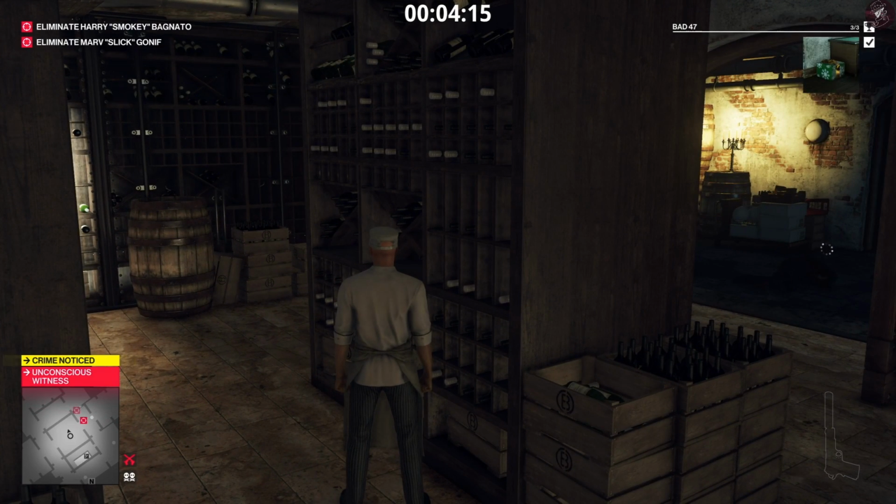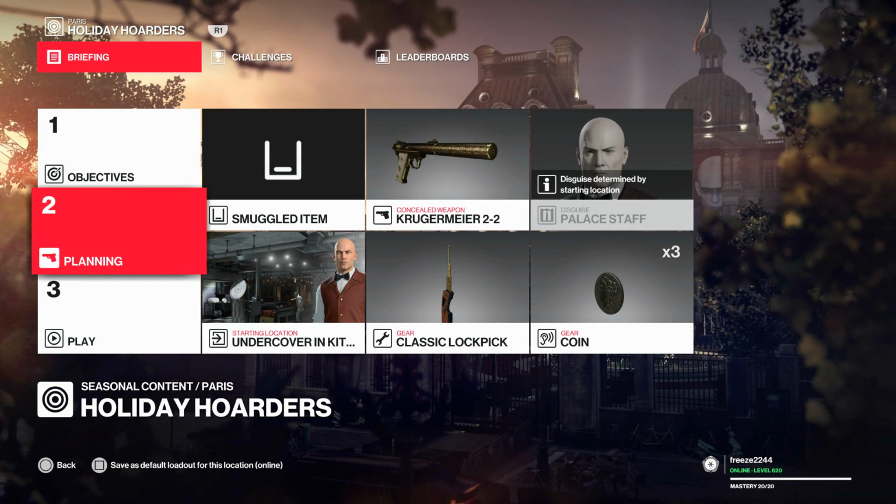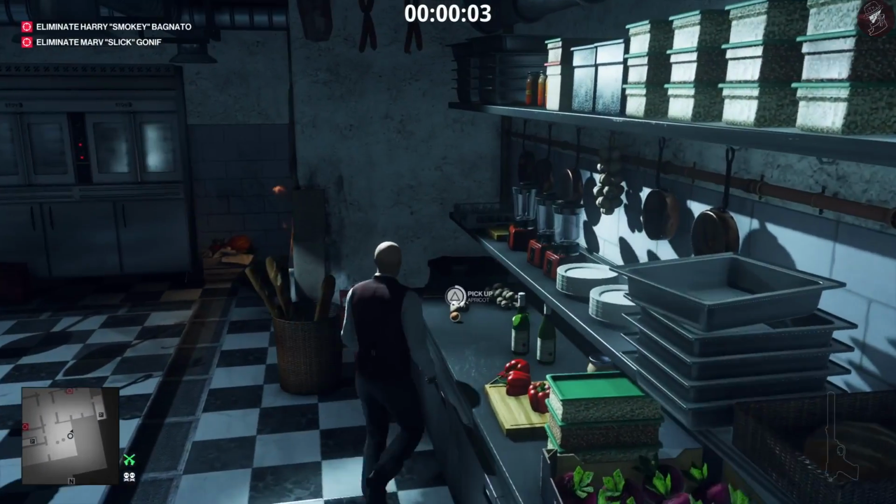So there we go. So we can move on to the rest of the challenges of the Ho Ho Ho, Santa's Little Helper, and Oh Dear. So we're going to start undercover in the kitchen. We're going to bring along a lockpick, and that's it. We're going to skip the opening camera panning shot,